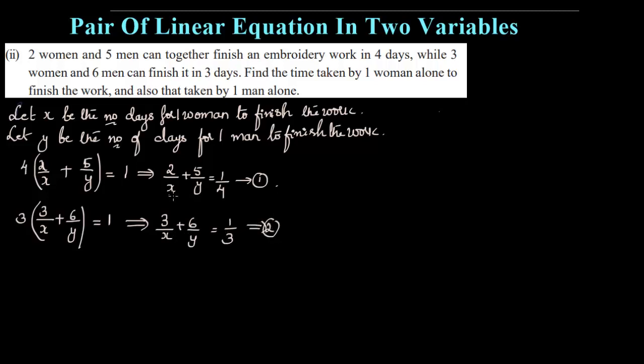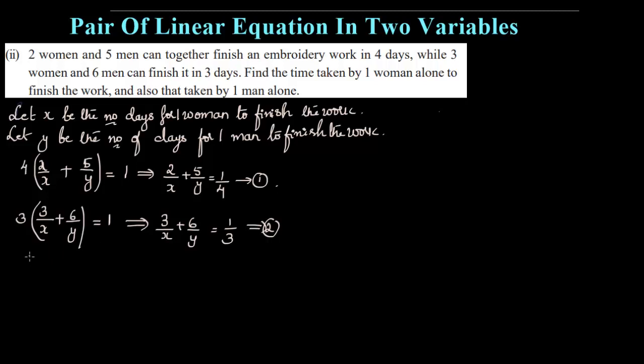Now you can observe if you take the LCM, then you will be getting x into y. Because for the unlike terms, if you have 3 and 4 in the denominator, if you take the LCM, what will you get? 3 into 4, so 3 4s are 12. In the same way, x into y you will be getting here. So this is not a linear equation, it is a quadratic equation. Now we are dealing with linear equations. So how will we reduce this to a linear equation? By doing some substitution here.